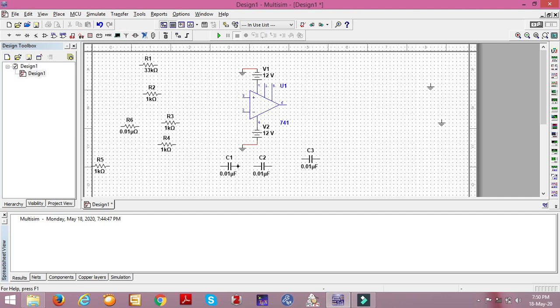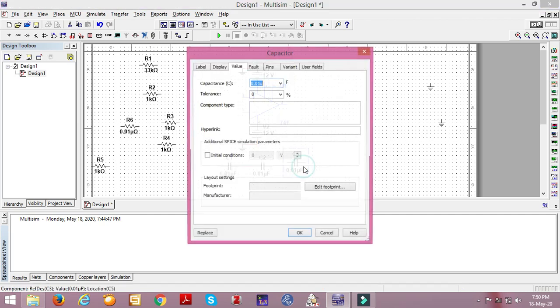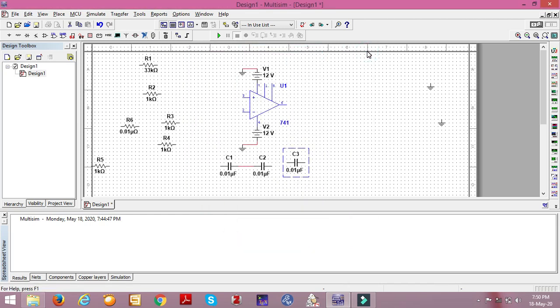Next, these capacitors are connected in series. You can use arrow marks here to pull down the resistors or capacitors, any components. So, input resistor.